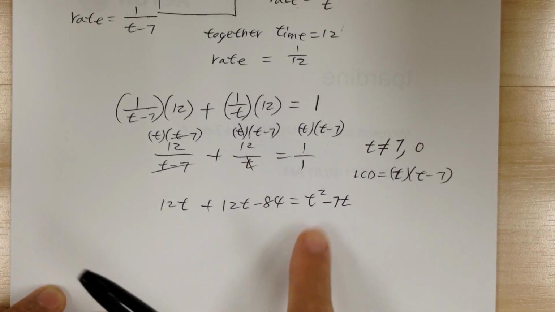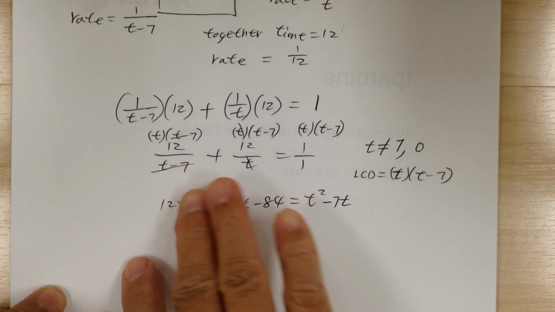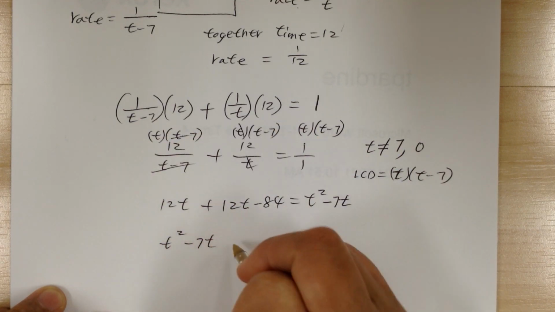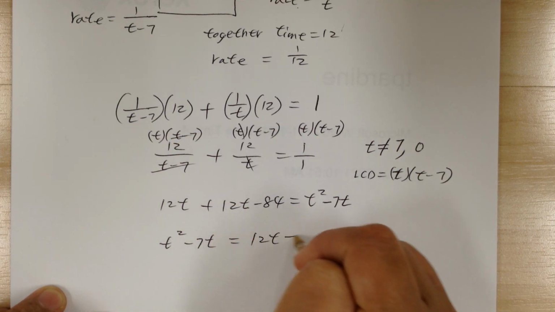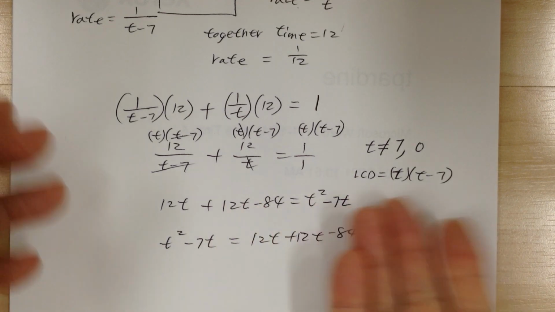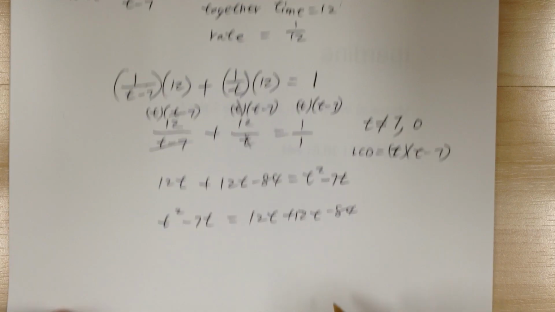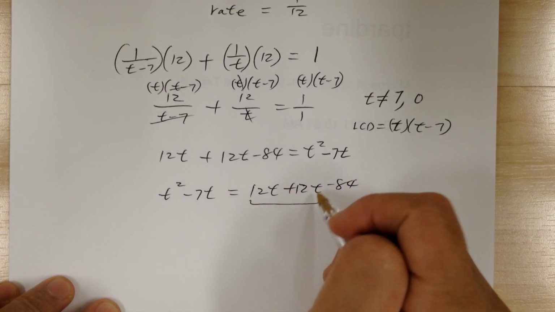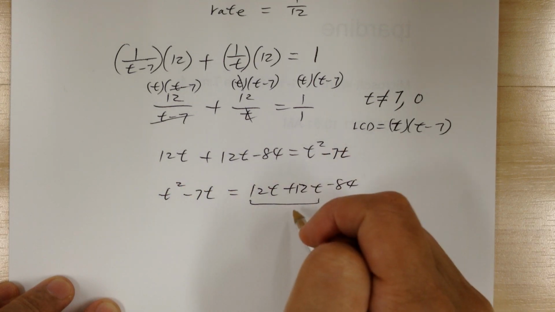My next step is the t squared is on this side, so I'm going to just flip, swap sides. So I'm going to get t squared minus 7t equal to 12t plus 12t minus 84. I'm just flipping it over. Okay. Next, I'm going to move everything to this side to make it equal to 0 so I can do